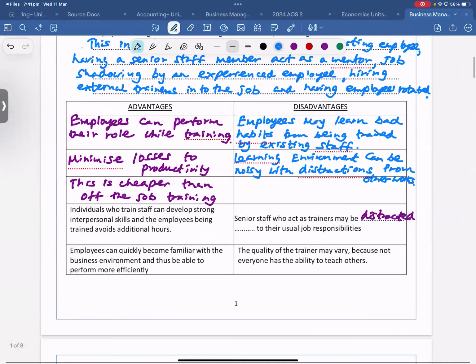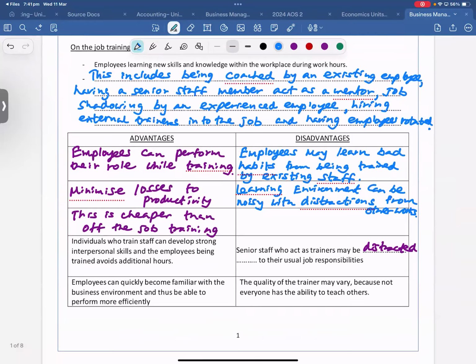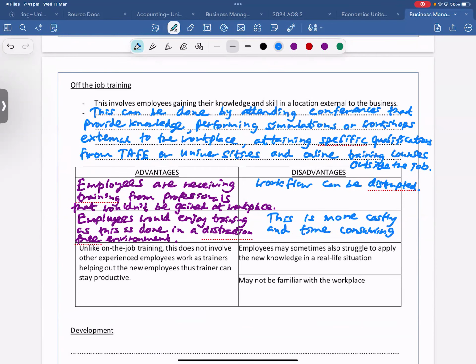Employees may learn bad habits from being trained by the existing staff, right? On the other hand, the benefit for off-the-job training is employees get training from professionals, right? Then learning environment can be noisy in on-the-job training. Why? Because we are doing it while we are carrying out our jobs. But the off-the-job training advantage is that they are getting the training in a noise-free or disruption-free environment,